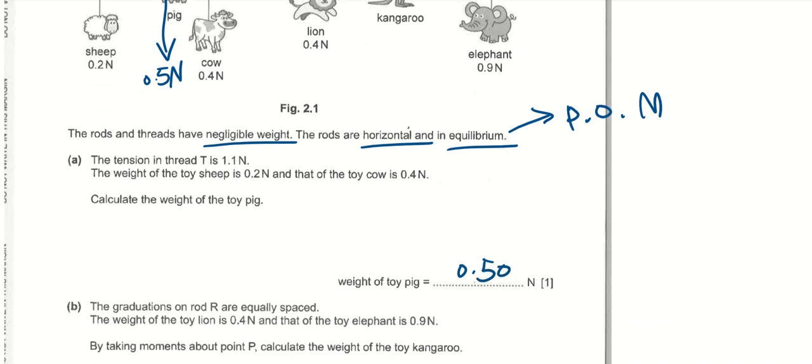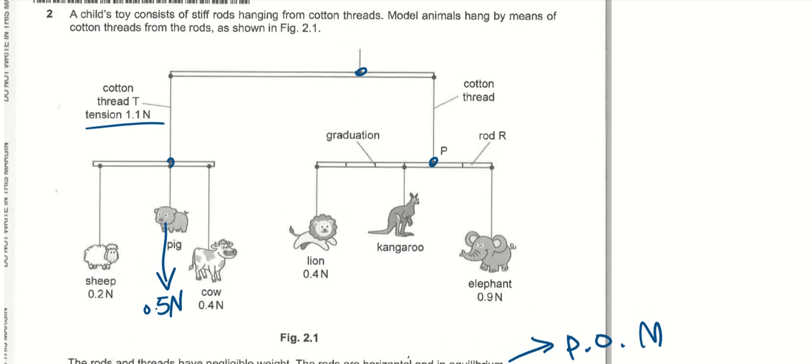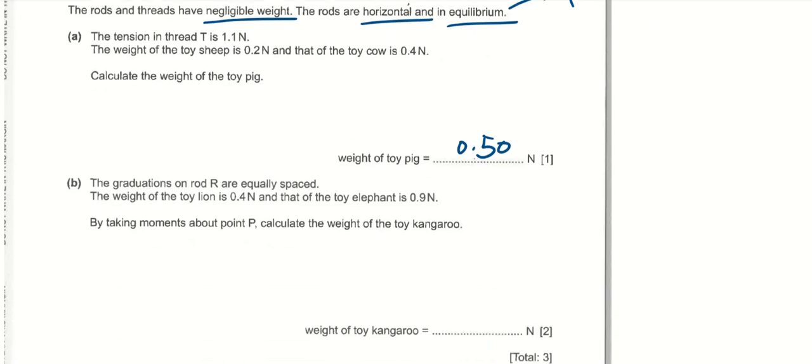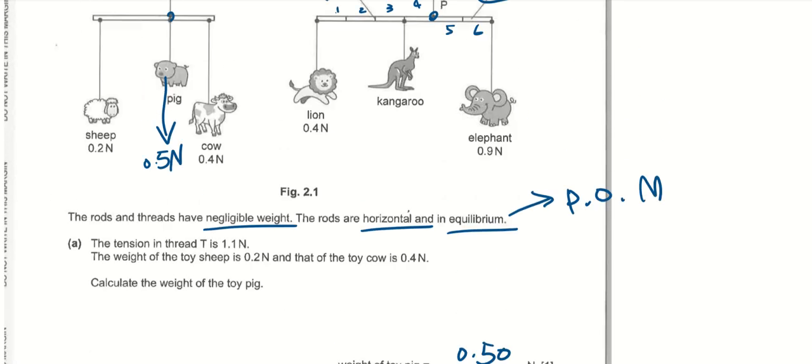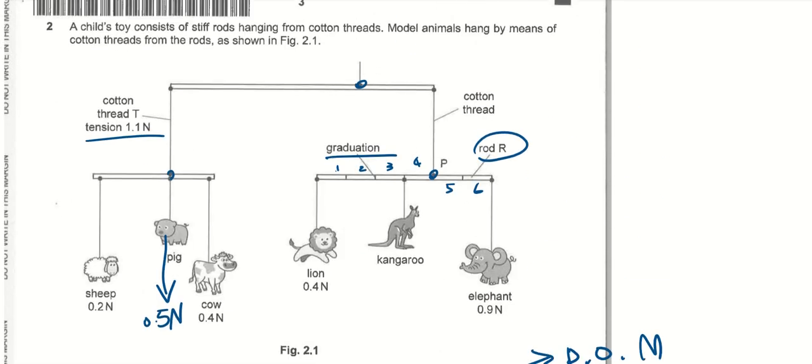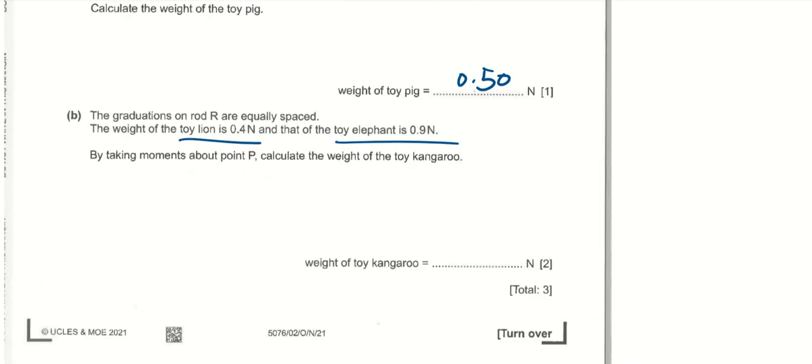Okay, the graduations on rod R are equally spaced. Where's rod R? Rod R is here. So all these are the graduations. They are equally spaced. So we take note that there are 1, 2, 3, 4, 5, 6 graduations. The weight of the toy lion is 0.4 and that of the toy elephant is 0.9. Yes, that's written there. By taking moments about point P, calculate the weight of the toy kangaroo. So let us